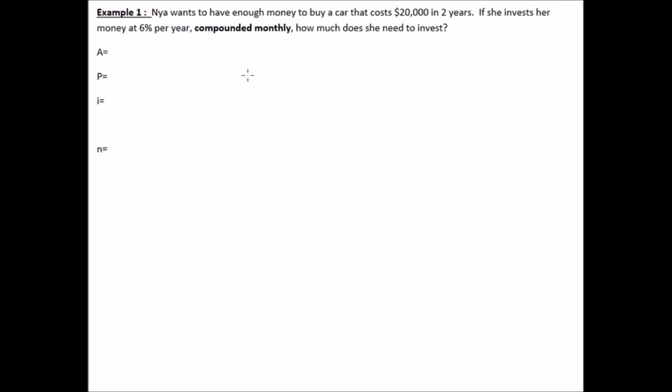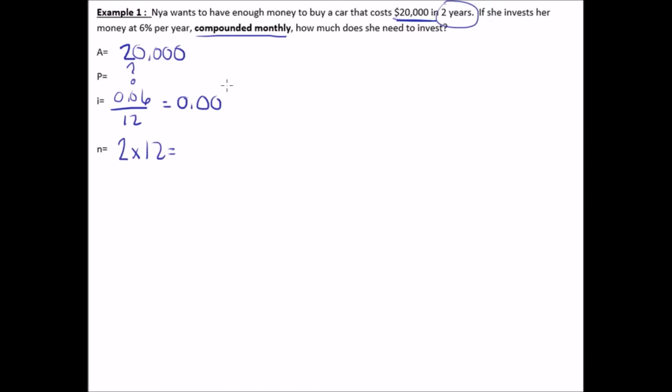Okay, so Naya wants to have enough money to buy a car that costs $20,000 in 2 years. So what she's looking for is the amount of $20,000. She wants her investment to kick this out, but she doesn't know what she needs to invest. If she invests her money at 6% compounded monthly, we divide that by 12, and since she needs it in 2 years, we multiply that by 12. She's going to get paid out 0.005, half a percent each month, but she's going to get that paid out 24